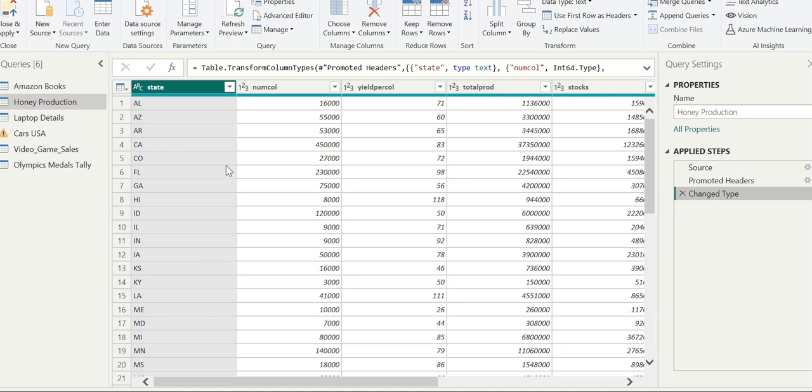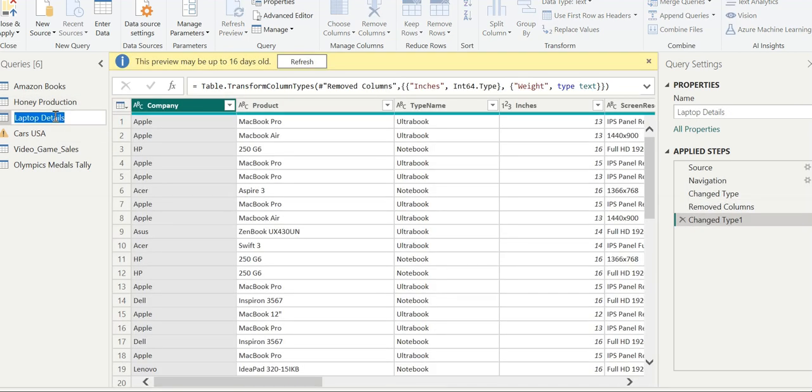So now let's move to the laptop details. Now we will make some changes in the dataset laptop details, and we will see the product column here.